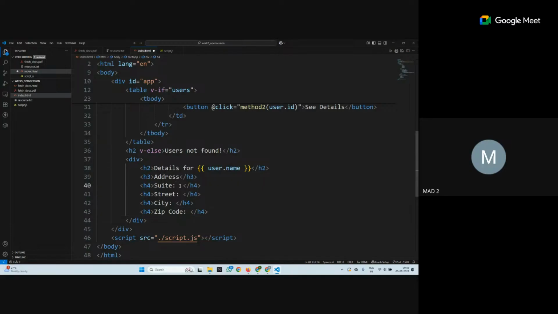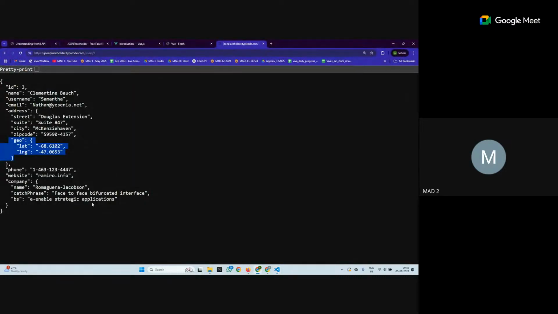Now let us actually put the values. What values would come here? Definitely these are going to be in double curly braces, no doubt in that. But how are we going to access these values? Simply writing user.street will not work. Why? Because street is basically another object within the address property. So in order to access these properties, you write user.address.street, right, and